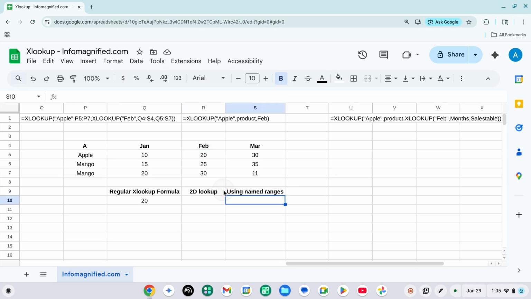Now I'm going to use a simple named range for XLOOKUP without 2D lookup. I'm just going to use normal lookup. I'm not going to use 2D lookup. So I'm going to search for the same fruit, apple. This time, instead of writing the range, I'm going to write fruits. This is my